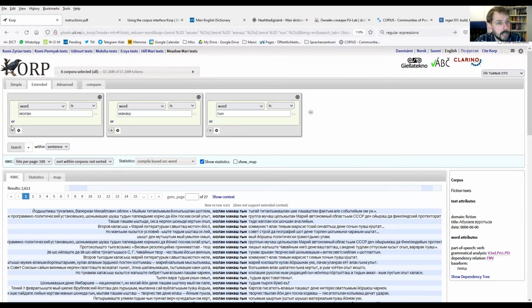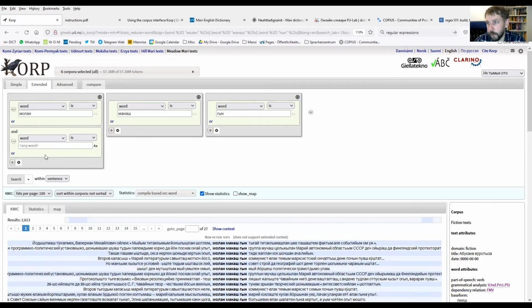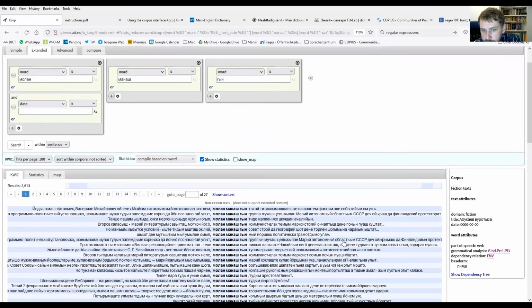But I could now click on plus here on the first verb, and since they're all going to be in one sentence, if we're looking for the metadata, it doesn't matter which word we look at, because metadata is the same for all of the words. I say word is Molan, and date. If we look at a random word here, we see the date of this Molan Manashkin, this was 2012. So I could say date is